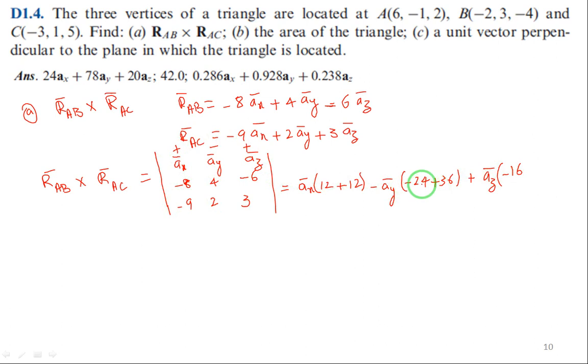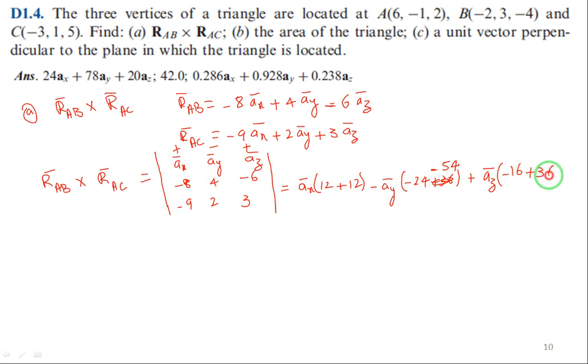Whether I have made a mistake? Yes, I have made a mistake, because while calculating A_Y, I have to leave that column, right? So 8 3 is 24, minus 24, fine. Minus into minus plus, plus into minus minus, this one is wrong. Minus 9 6 is 54, 54 should come. So be careful while calculating. I have made a mistake here. Then leave that A_Z column, I will get 8 2 is 16, then minus into minus, it is plus, 9 4 is 36.